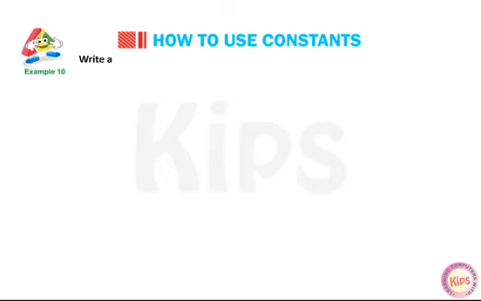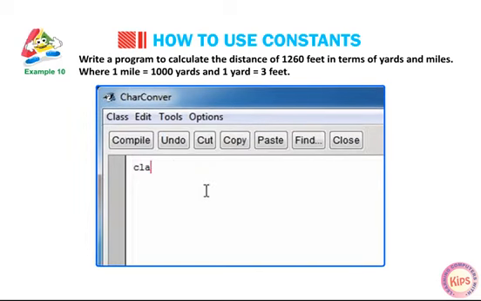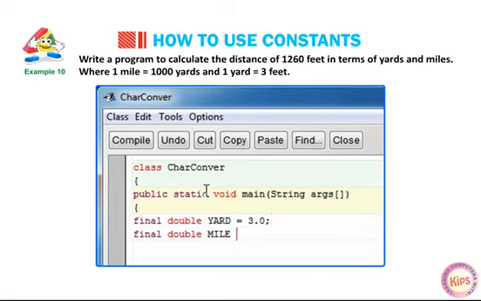Example 10. Write a program to calculate the distance of 1260 feet in terms of yards and miles, where 1 mile is equal to 1000 yards and 1 yard is equal to 3 feet. class CharacterConvert { public static void main(String[] args) { final double yard = 3.0; final double mile = 1260;